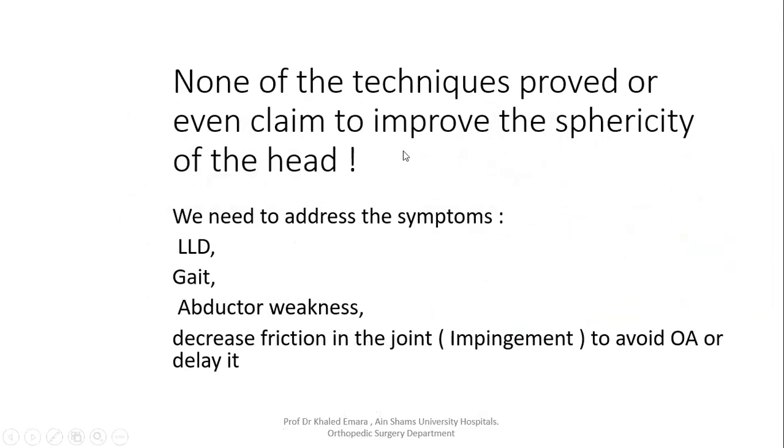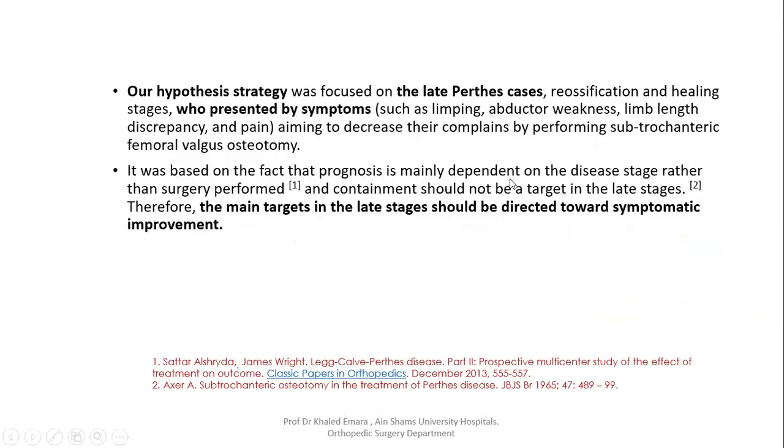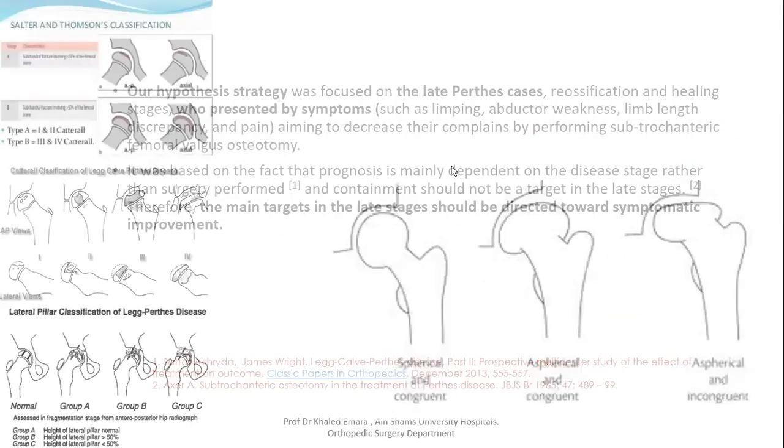So none of these techniques proved to improve the sphericity of the head. And also, they didn't show any effective long-term outcome. So you make the patient suffer today, and you don't really have the promise that this patient will be better in the future. So what we say is that we didn't